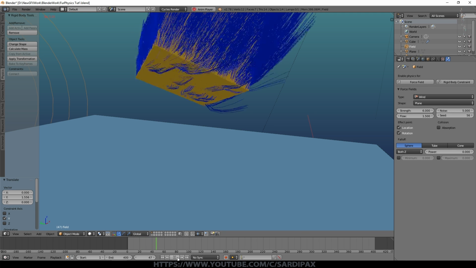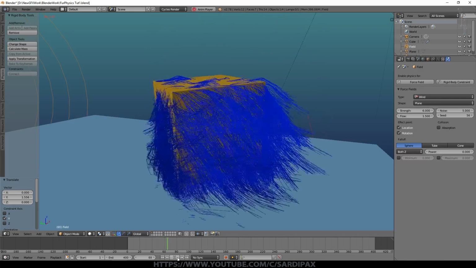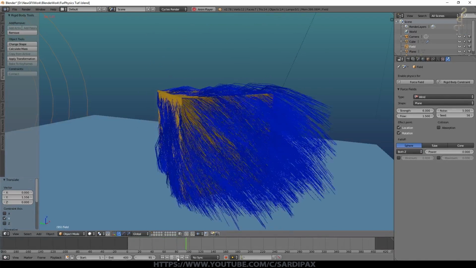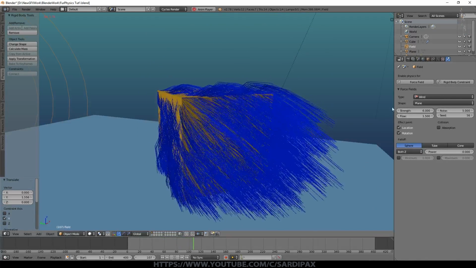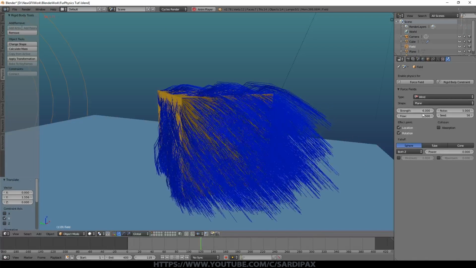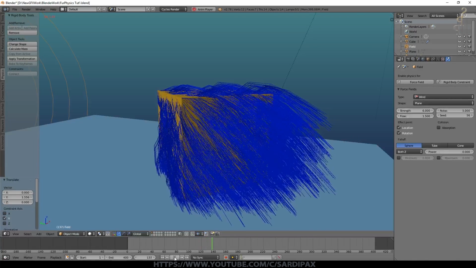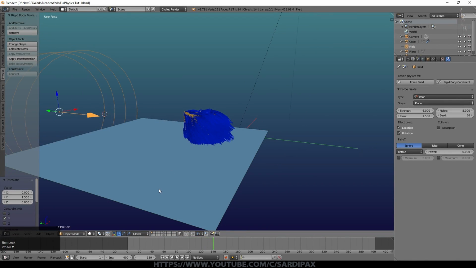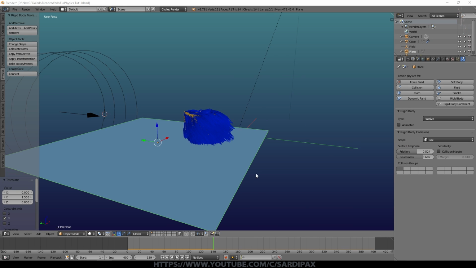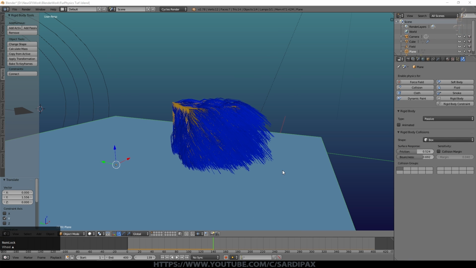You can even have wind forces affected by collisions. And of course you could animate the strength of this force if you wanted there to be no wind at first and then to add wind later on. So one of the other things I did was I actually added a collision for this surface to try to keep the hairs above it. I don't think it was that successful, but we'll add that now.